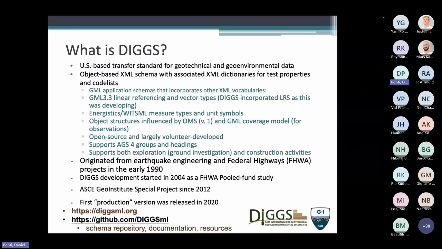We also use some parts of the WITSML standards. This comes from Energistics. This is an oil industry XML vocabulary for their drilling work. And what we use from them is their measure types and unit symbols. They have defined quantity classes according to different types of measurements. So we can define, for example, a pressure measure and be able to home in on the appropriate unit types for pressures and validate that within the schema. So we found that to be very useful, and we've incorporated that as well.